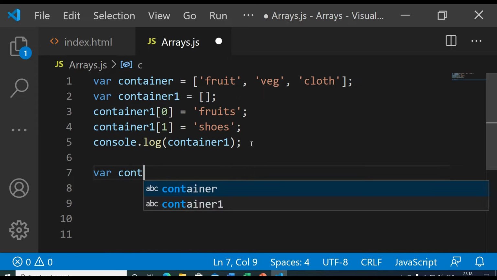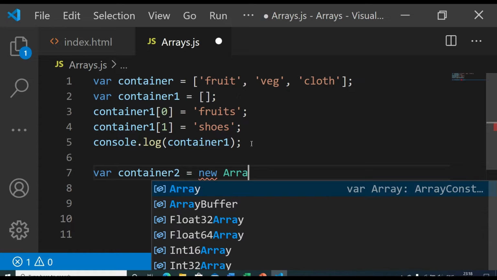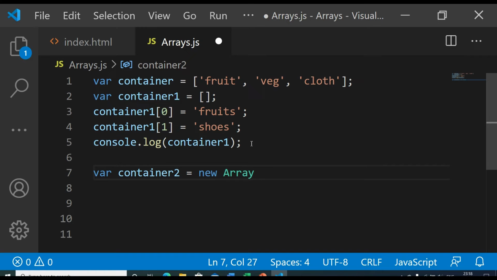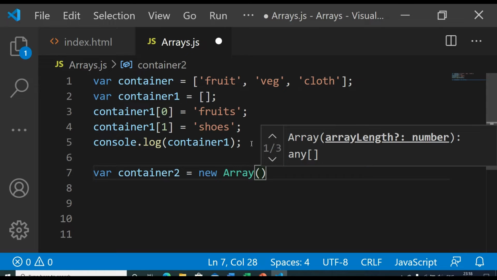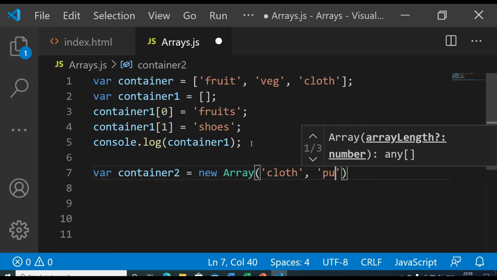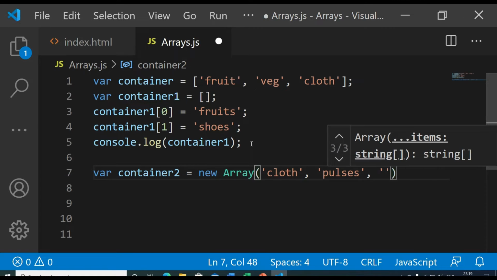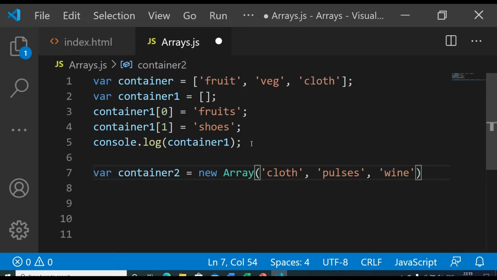The other way to create an array is using the Array class from JavaScript. So again you can create, let's say, here I will have first clothes, pulses, and then let's say wine.